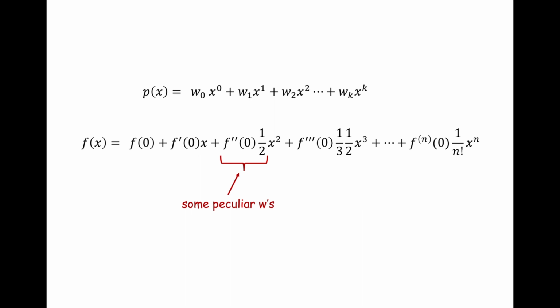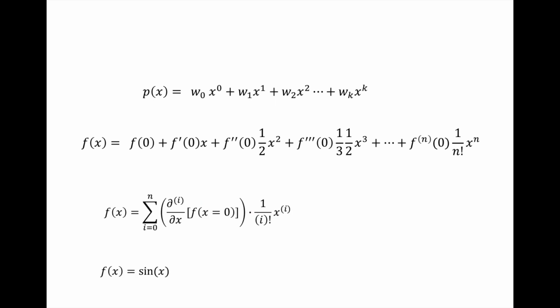Okay, so let's write that polynomial, this Maclaurin series, a little bit more compactly to reveal what these coefficients are. So we have a sum for i goes from 0 to n, and then we'll notice here x, our monomial, has an exponent which is the same as the index of the summation. So we're going to have a term x to the 0, which is 1, plus another term x to the 1, x squared, x cubed, x to the 4th, and so forth. So this other stuff, that is our coefficient w. You could just imagine all of this is some w, and that w has an index, w sub i, so w0, w1, w2, and so forth.